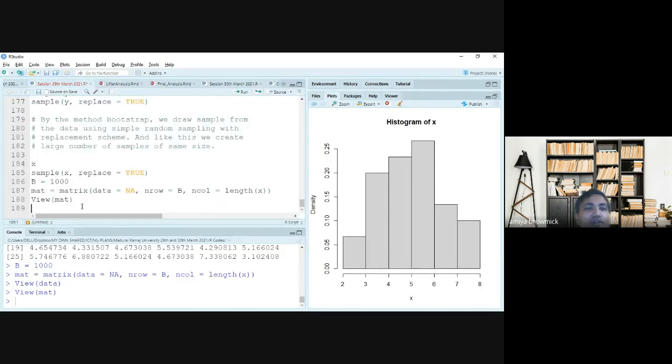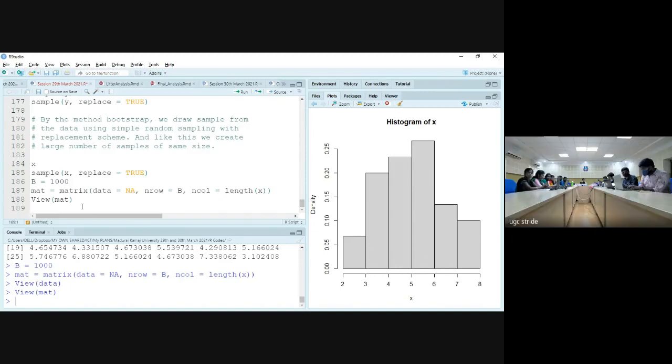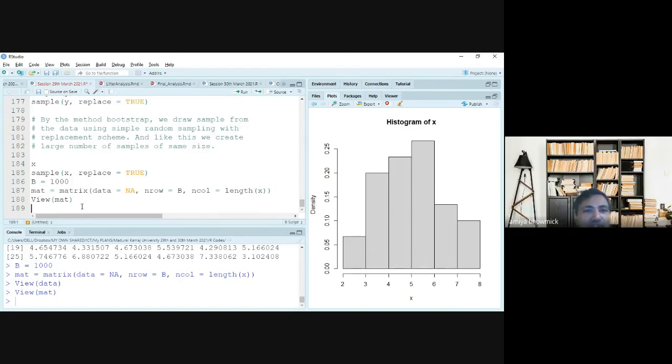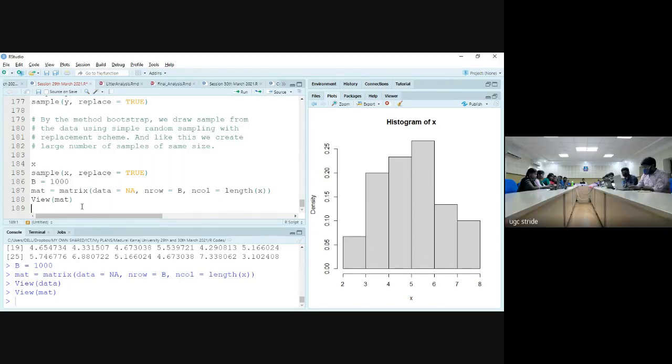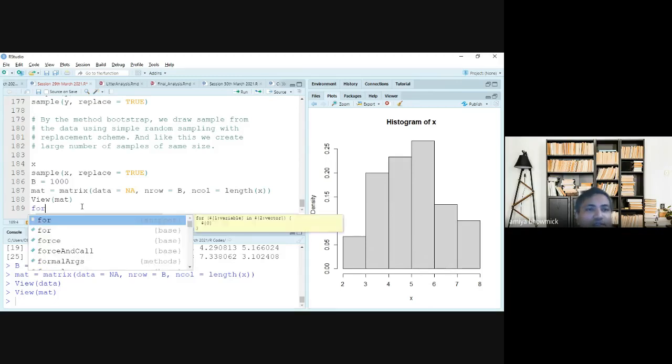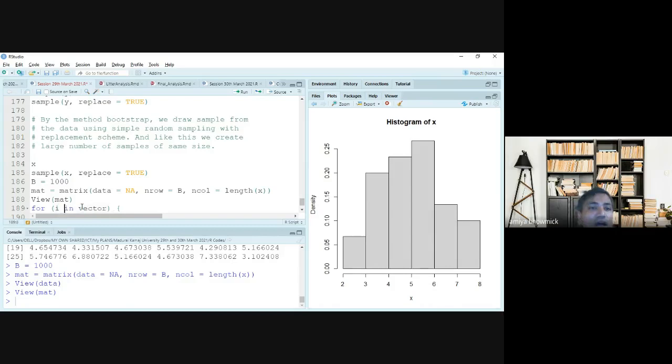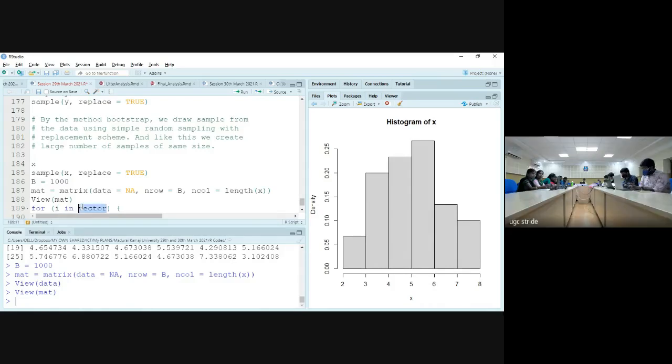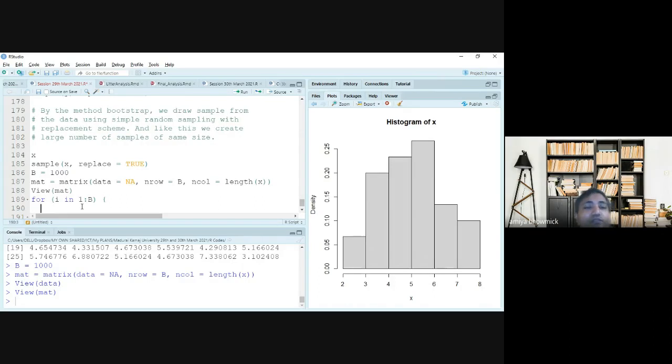Now I'm going to consider the sample of size x as it is, and I'm going to do it 1,000 times. So I'm writing a loop for that: for i in 1:B. This means I'm going to run this loop capital B times, and I'm going to create a sample.